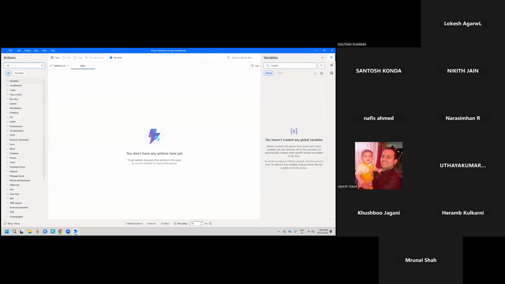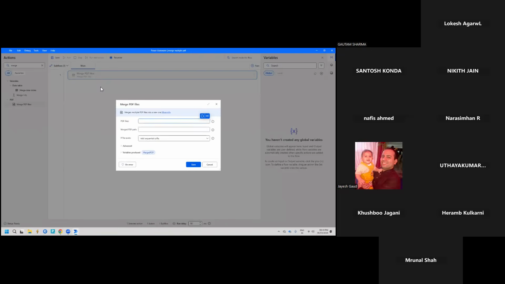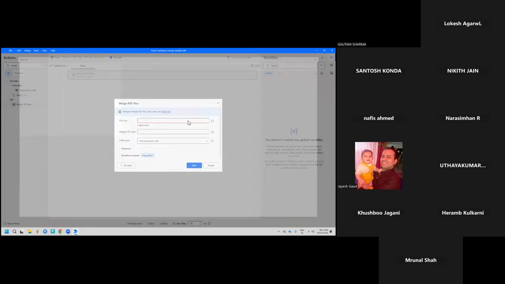And here we have to search for merge, and within the PDF we have to drag and drop this merge PDF files action. The moment we drag and drop it here, we will get a pop-up box like this, where first of all it is asking for PDF files. So we can browse our PDF files here. So we just have to click on this select,